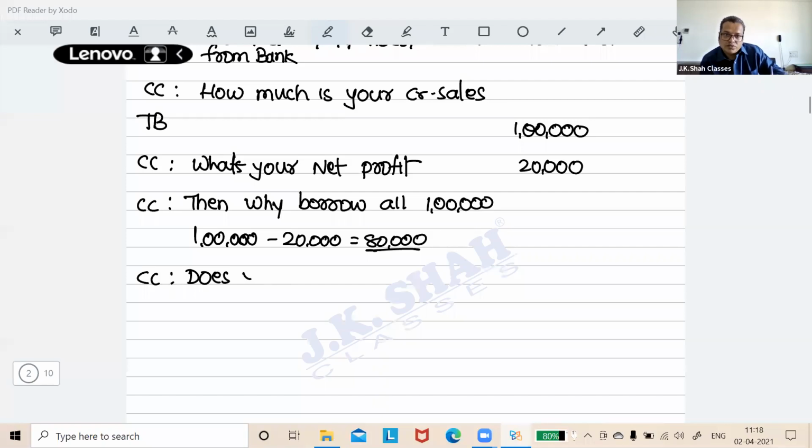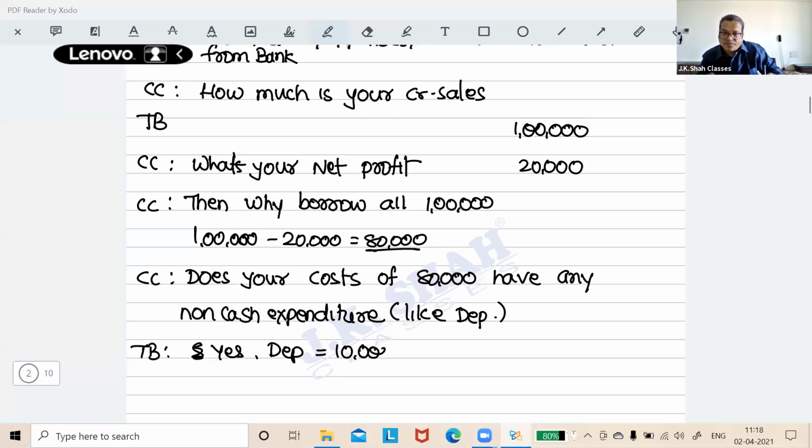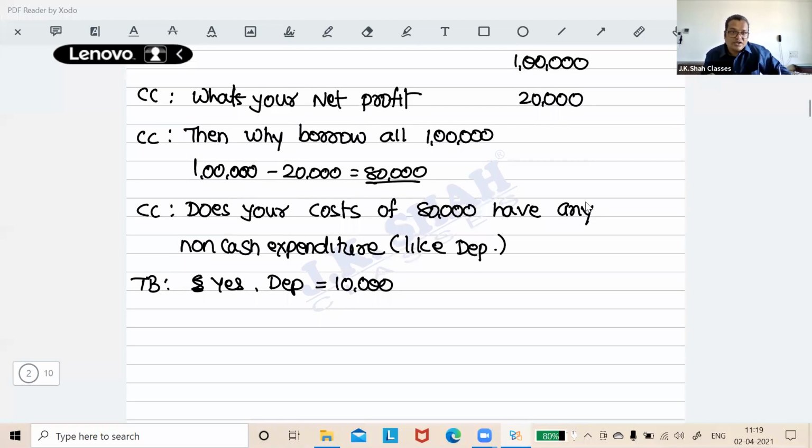does your cost of 80,000 have any non-cash expenditure like depreciation? So the total basis fellow says yes, depreciation is 10,000. Now you know what is going to happen? The CC fellow is going to tell him, what are you doing, man? So the CC fellow will tell him,